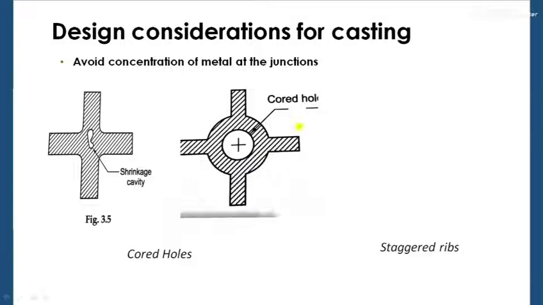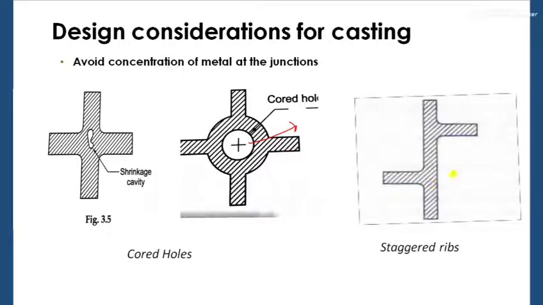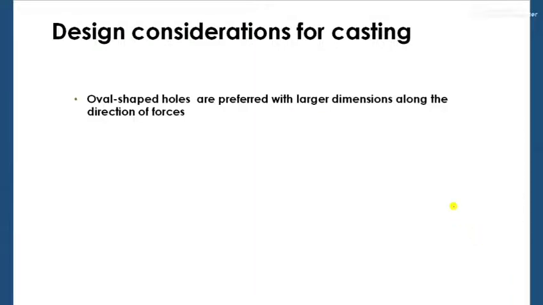The first is to provide core openings in the webs and the ribs, right? To provide core openings, you can see at the center, instead of keeping the metal completely solidified, provide a core hole. Okay, provide a small hole over there, right? So this is called providing a core opening or a core hole. And the second one is staggered ribs. Staggering the ribs. So whatever the process has been done over here, this is called the staggering of ribs. So staggering of the ribs and the webs will also avoid the concentration of the metal at the junction. Hope it is clear.